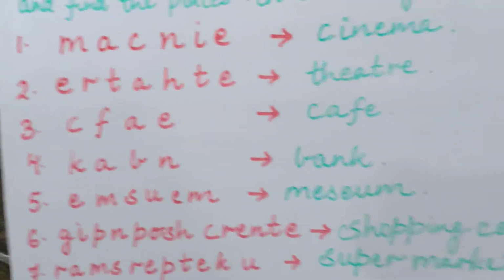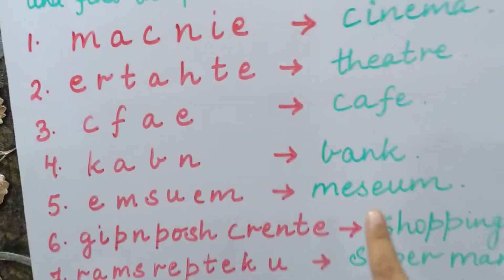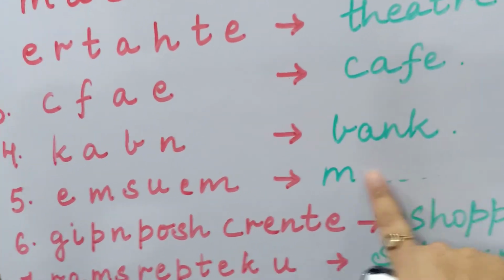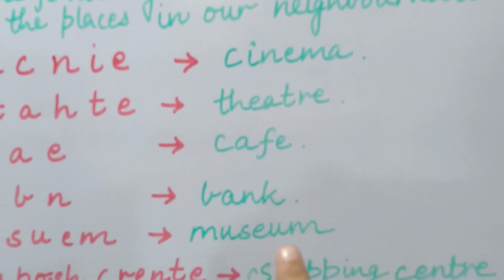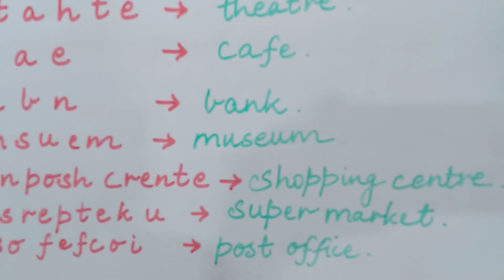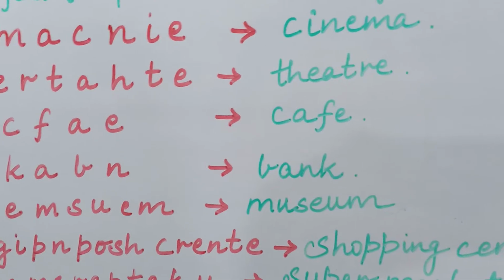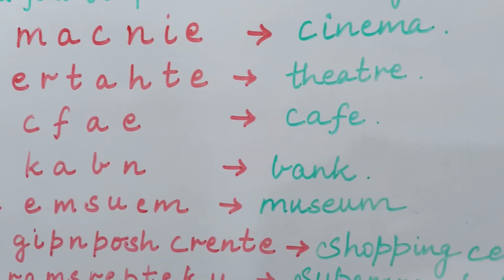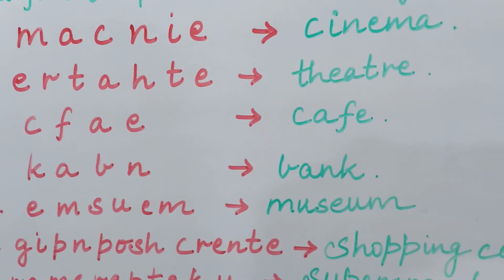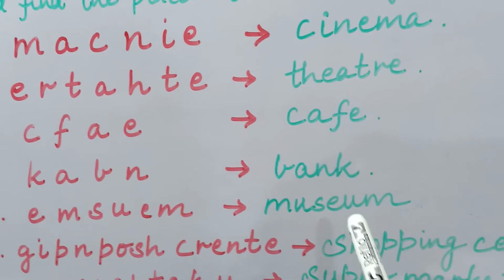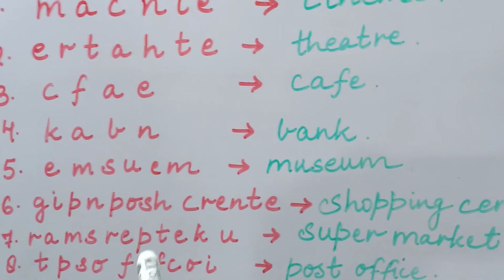EMSUEM. So from this you can make a word museum. Okay, the correct spelling of museum is MUSEUM, museum. Now children, a museum is a place where we can find old things. Okay, museum ऐसी जगह है जहाँ पे हमें पुरानी चीज़ों के बारे में पता चलता है. Okay, so the correct spelling of museum is M-U-S-E-U-M, museum. Okay, now coming to the next sixth word,